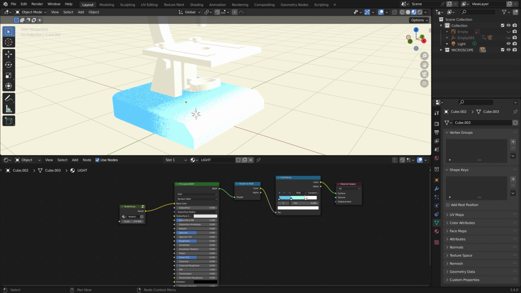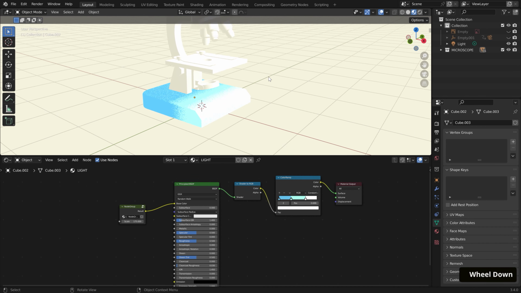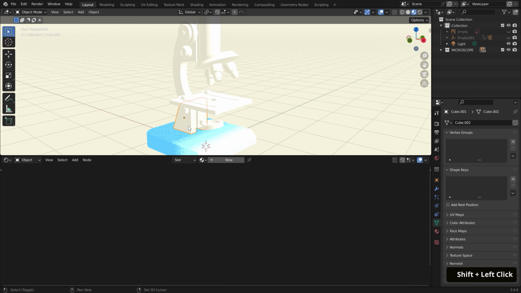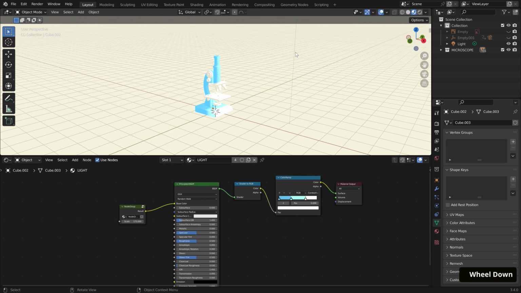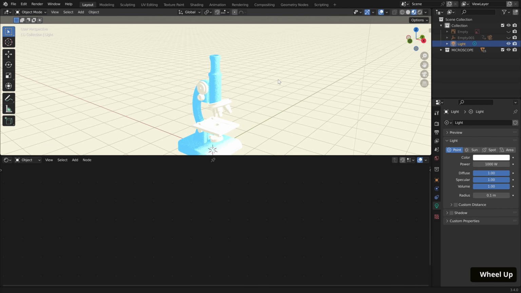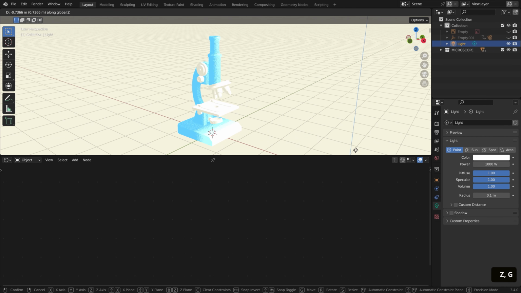Let's copy this over to some of the other elements in our scene. Shift select the base supports, arm, tube, then base mesh last, and hit Ctrl L to link the materials. Before we make mesh specific adjustments, let's adjust the light object we already have in our scene. Again, this will affect the shader, so bring it down closer to the microscope with G then Z, and then G then X.